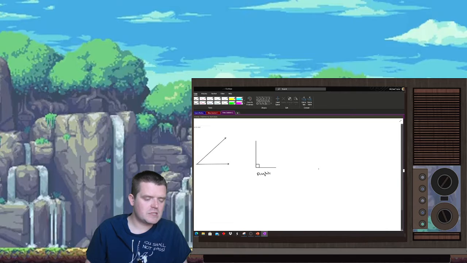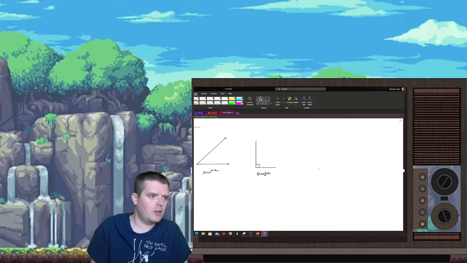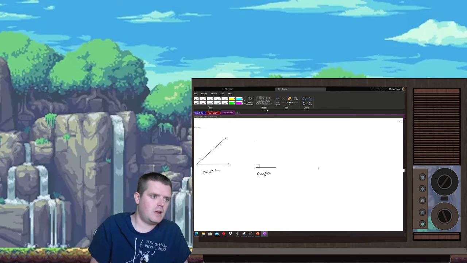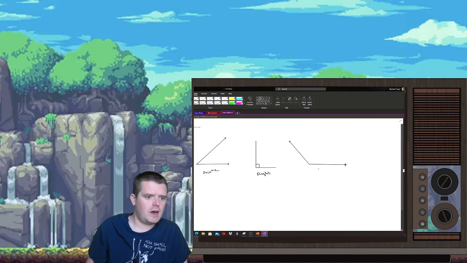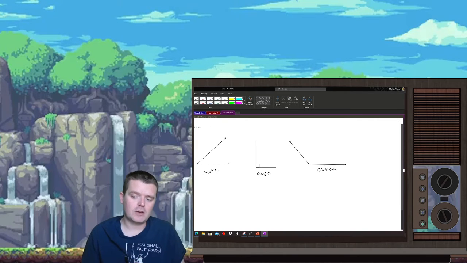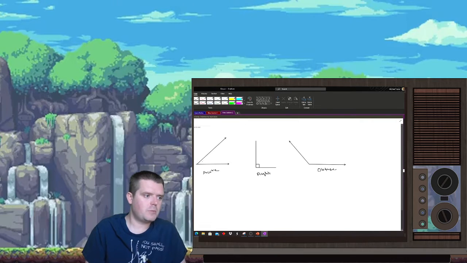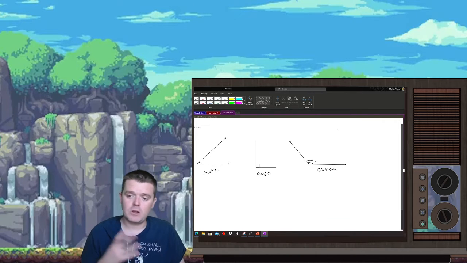And then any angle that is smaller than that is an acute angle. And any angle that is larger than that, greater than 90 degrees, is an obtuse angle. So you have acute angles, you have right angles, and you have obtuse angles. Those are the three you want to be familiar with based on angle measurement. Again, when you're measuring an angle with a protractor, unless it's 90 degrees where you end up with two 90-degree angles, other than that you're going to end up with two angles, one that is acute and one that is obtuse. So part of your assignment for 7.2 is also being able to identify the type of angle based on